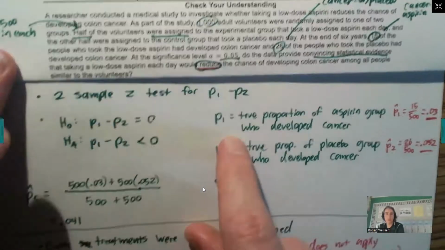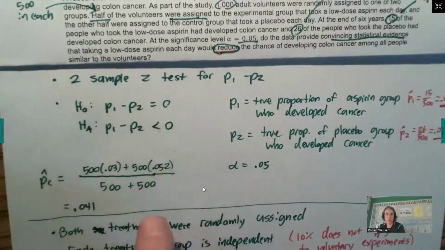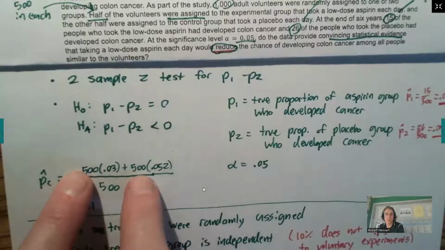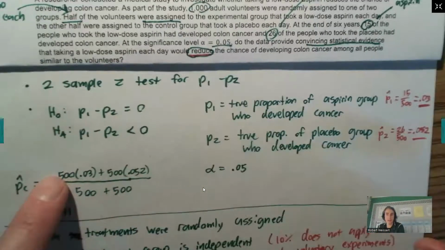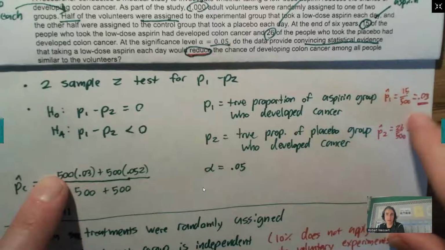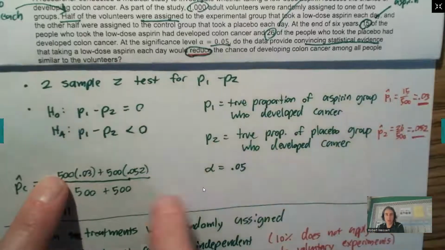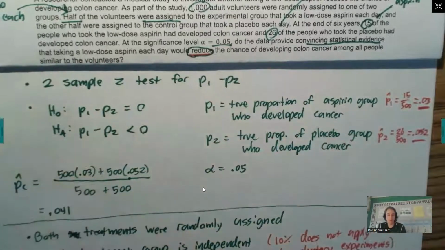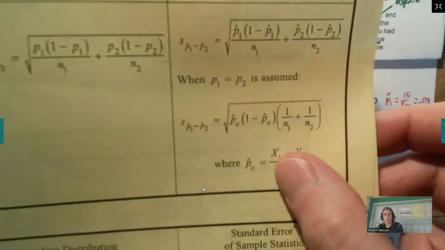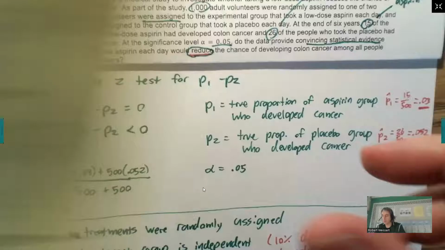Now, I have the work showing the pooled proportions. Each group is going to be 500. So I calculated the percentages: 15 out of 500 is 3%, and 26 out of 500 is 5.2%. Hopefully you got those same too. And I put that into our pooled proportions formula, which you will find up here on the formula sheet. So it's x1 plus x2 over n1 plus n2, but